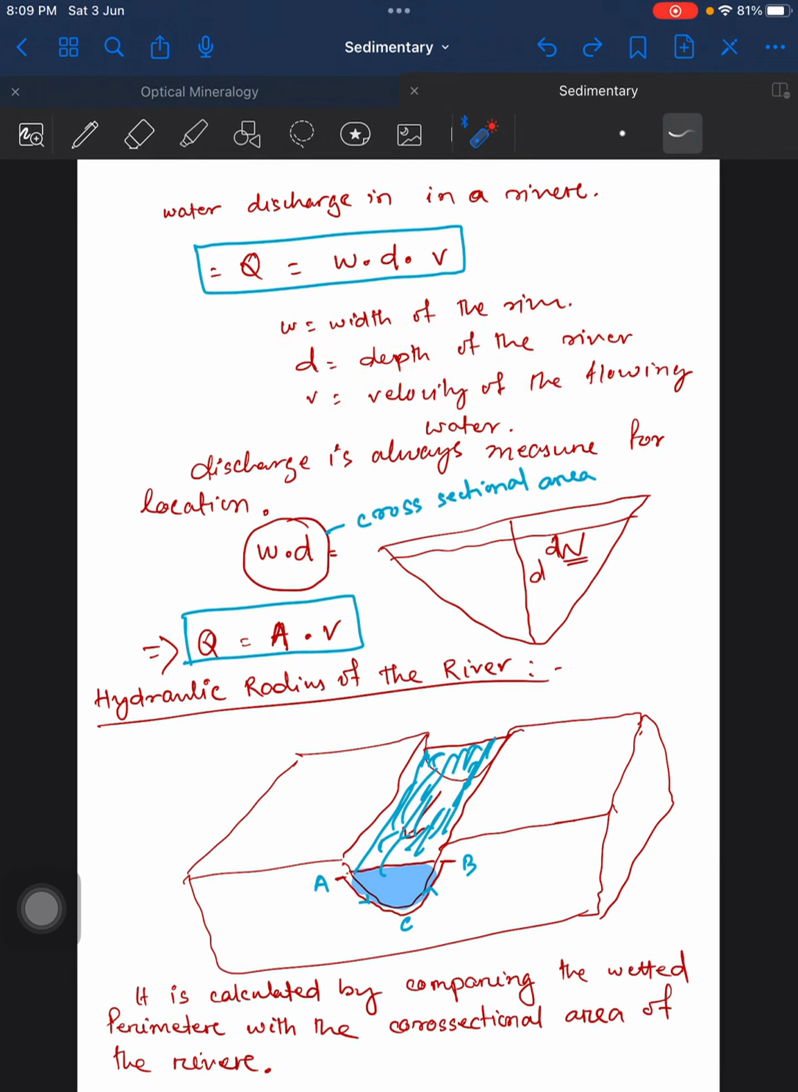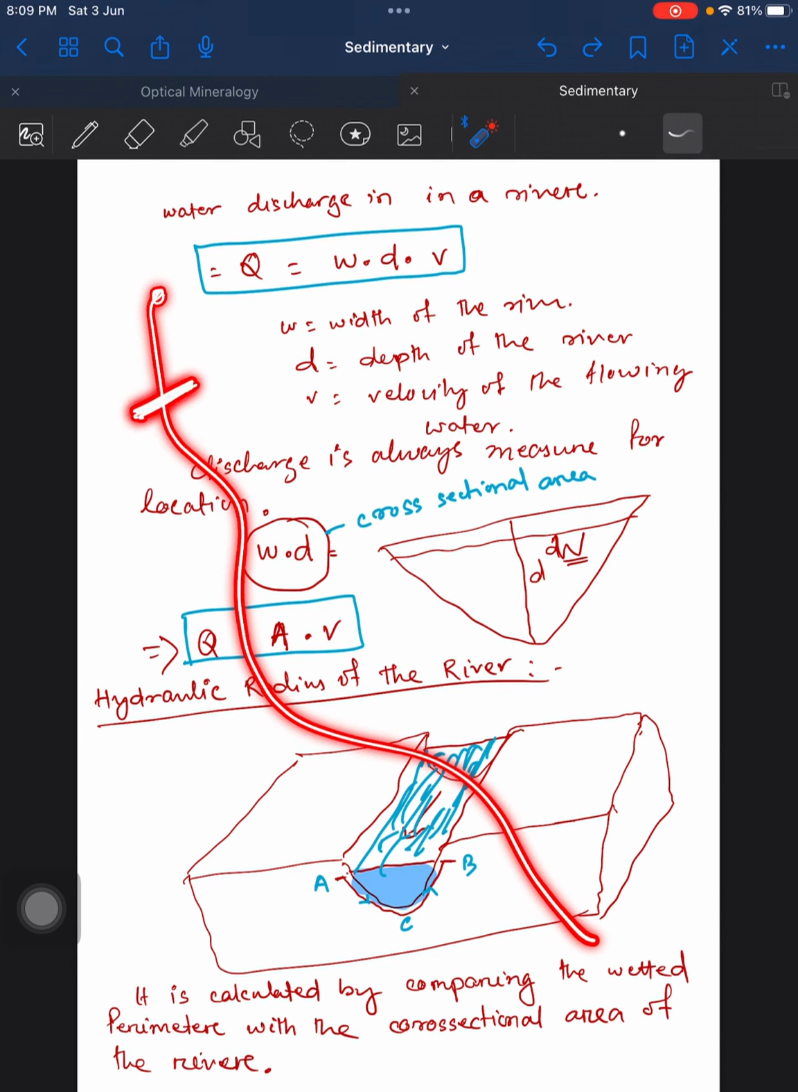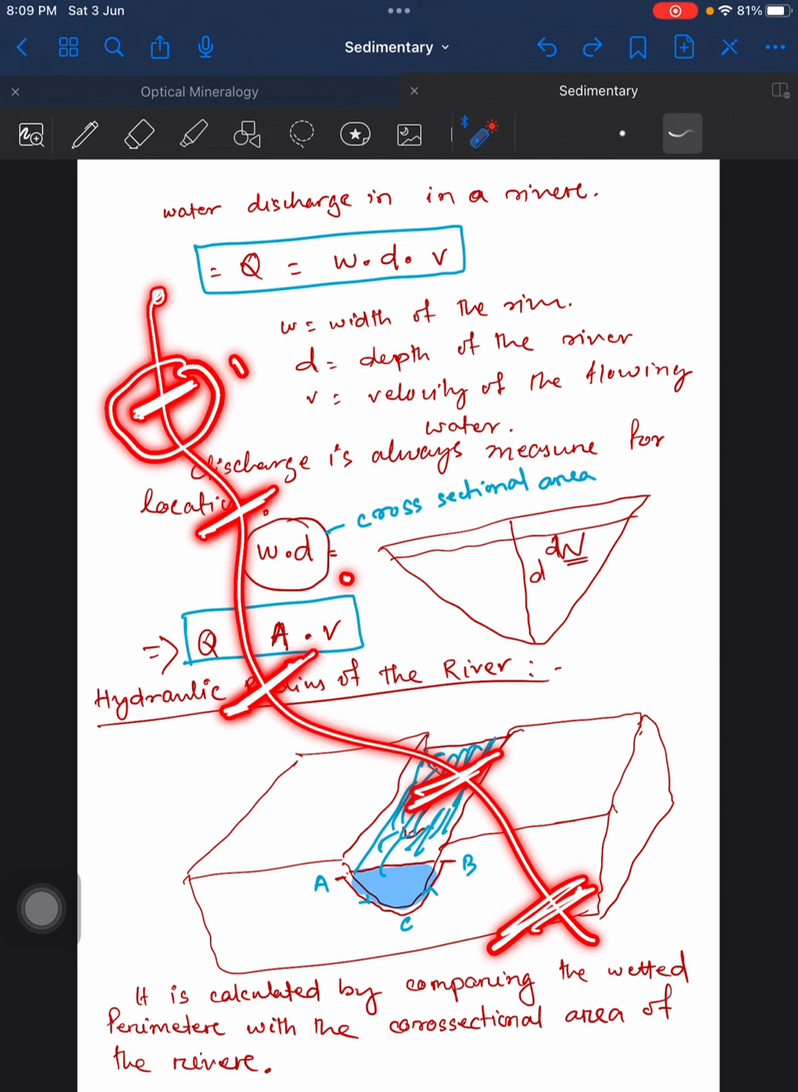Discharge is always measured for a particular location. Suppose a river is coming from here to here; here the discharge will be different, here it will be different, and here the discharge will be different. One more thing, discharge is measured at a particular time also. Here at 1 pm the discharge is different, at 2 pm the discharge may be different if more rain